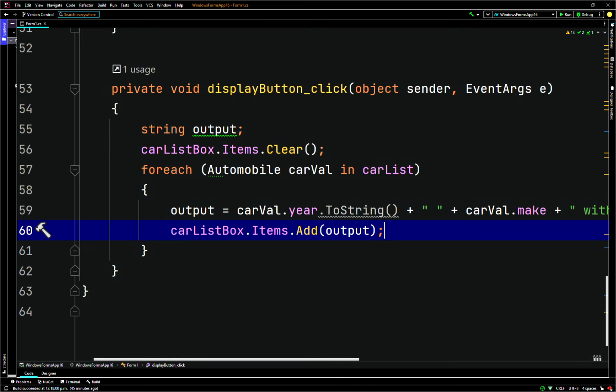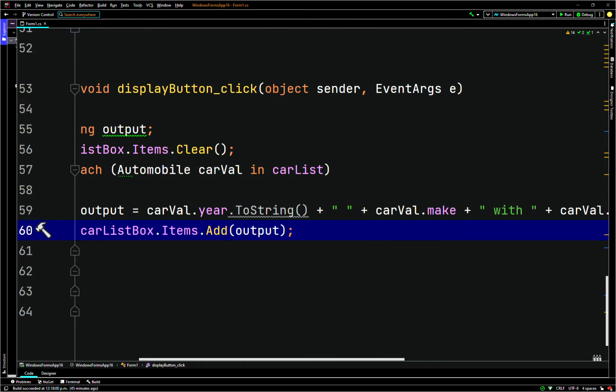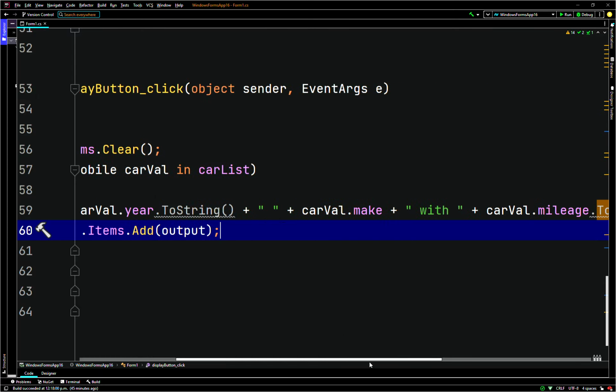So we're looping through our cars list. The carval is going to point to each item in the list, or each element at each index. So output points to carval. Output's going to store the data. So output's going to point to carval.year.toString. We can store this whole string there, because remember, we're casting it to a string, plus a space, plus